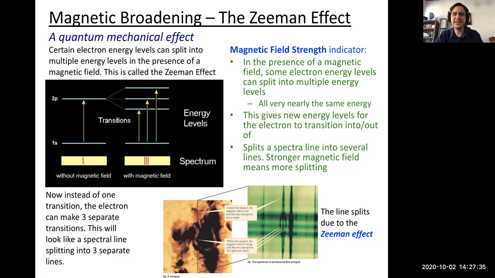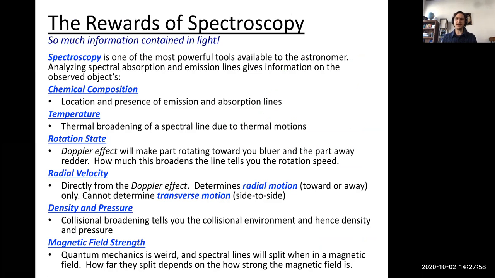Why? Because there's an intense magnetic field right there that splits these lines. And by how much it splits, we can determine the magnetic field strength associated with that sunspot and start mapping out the magnetic field of the sun and the magnetic activity of the sun, and many other things as well. So, all sorts of really cool things, but I want us to step back because this is the last I'm going to talk about spectroscopy